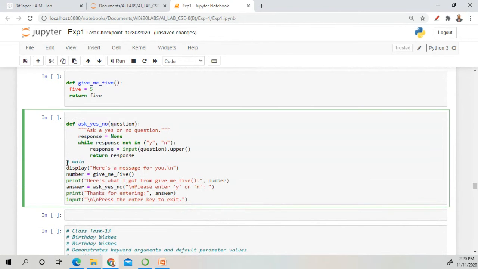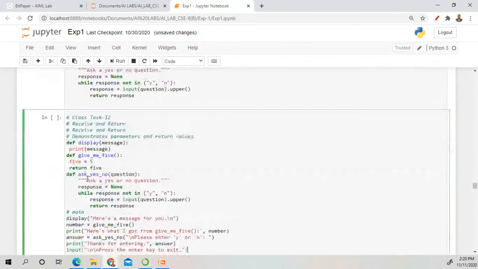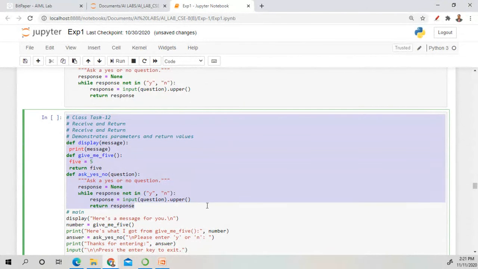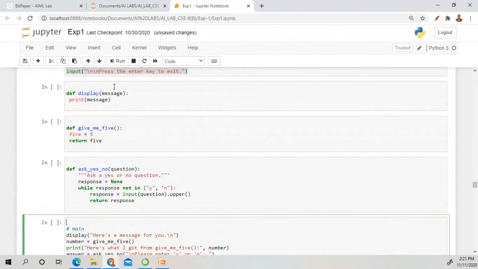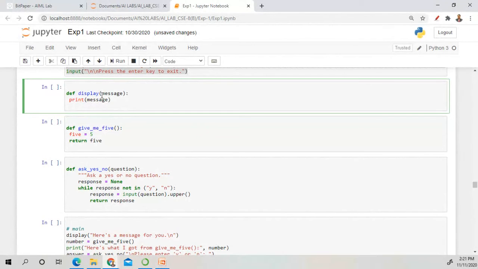What is the output for the first? Give your response. Quickly give your response. In the first, we have defined a function display. In this display, we have defined the parameter as message, and we have to print the message. So how can you execute this? Write in the chat box what we are going to do in this first function.